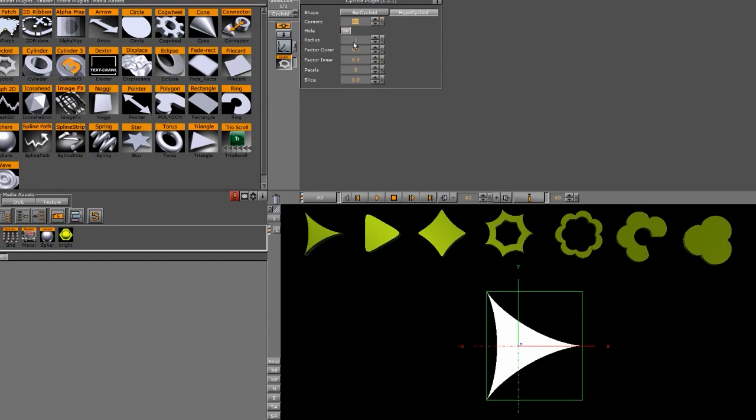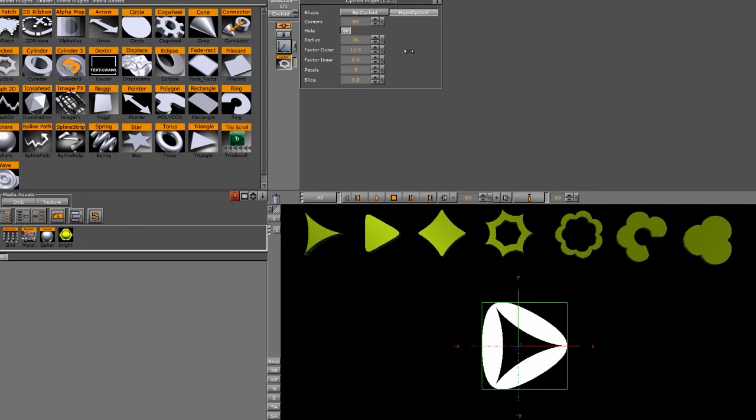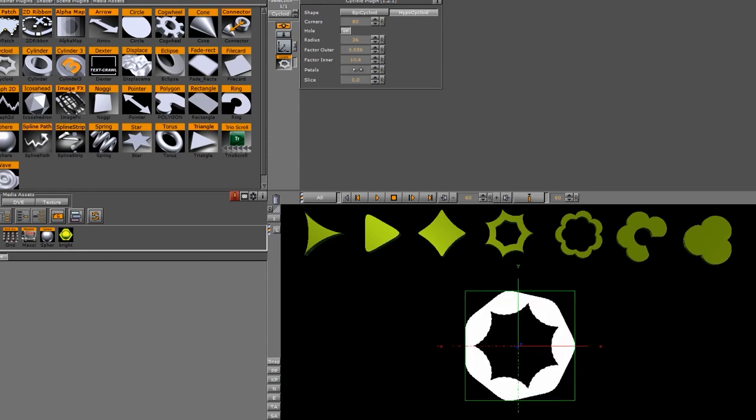We can turn a hole on and then adjust the radius of that hole. We can increase the factor outer, which will change the shape of the outer shape. And then we have a factor inner, which will change the shape of the hole in the middle. We also have a number of petals, so we can increase the number of petals, and we also have a